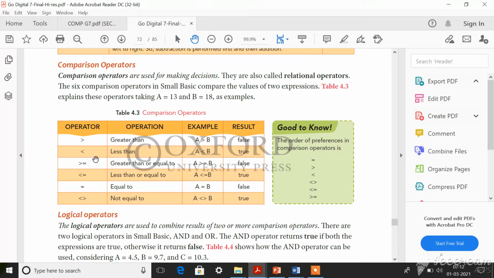Look here, these are the operators used for comparing two things. This is the greater than symbol, less than, this is greater than or equal to, this is less than or equal to, this is the equal to symbol, and this is the not equal to symbol. All these are used for comparing.